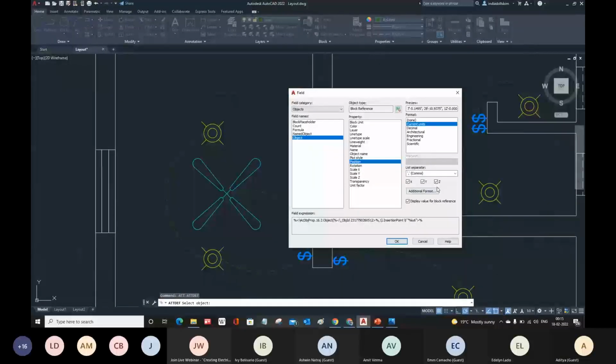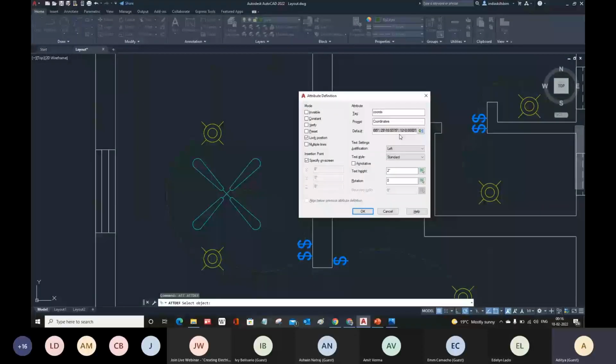Here, hit OK to accept. And then here you will see in default area, it will automatically pick the position of the item from its existing position. And then justification, where do you want to place these coordinates as an attribute, left, standard, and height. So height, again, I'm going to specify with the existing items. Let us make it 6, and then OK. Then where do you want to place?